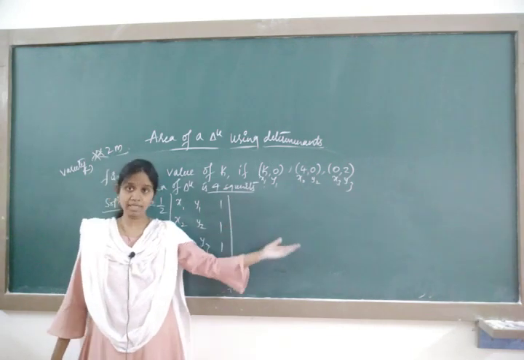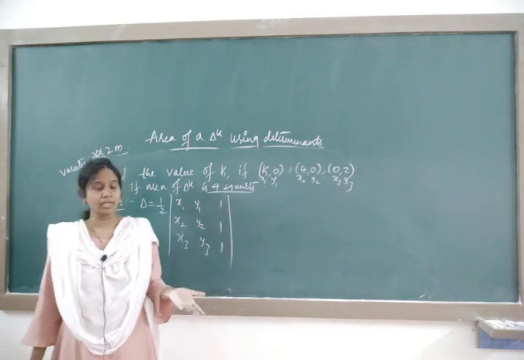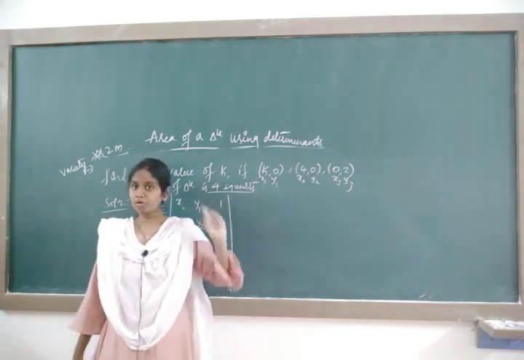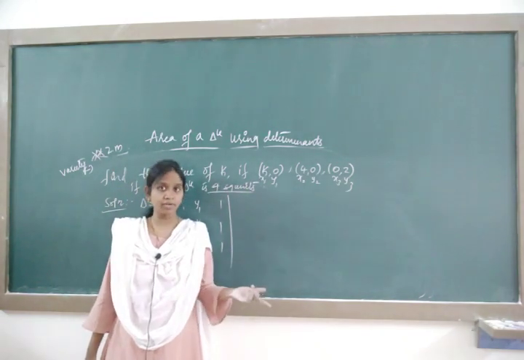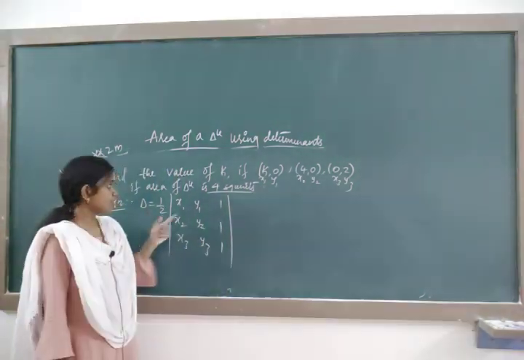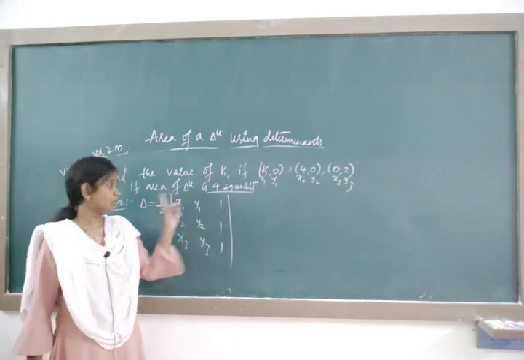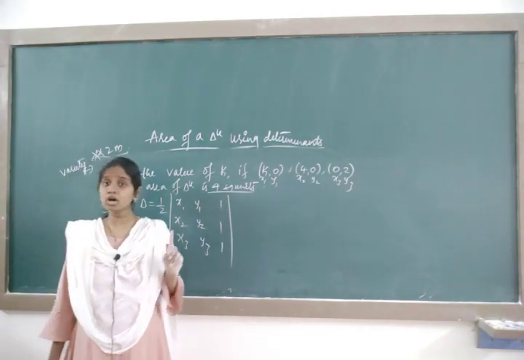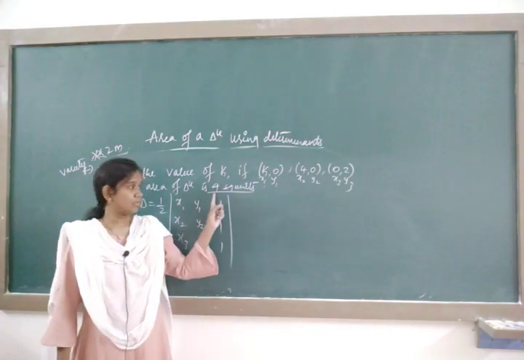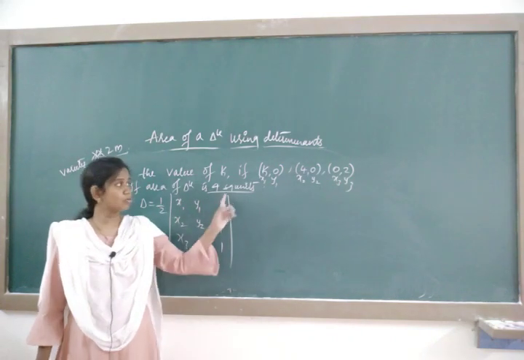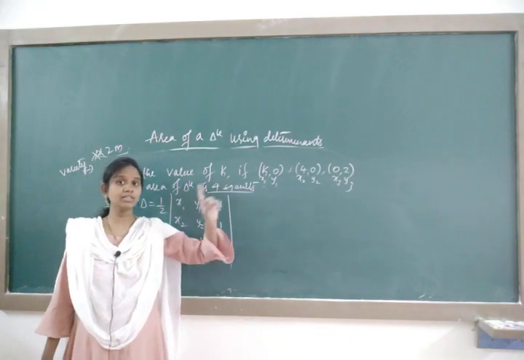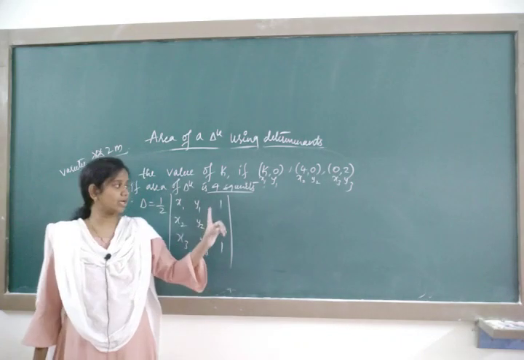It means it lies in the second quadrant or fourth quadrant. It means the k value may be positive or negative. Because of that, whatever the 4 square units they have given, you have to treat that as plus or minus 4. Even though area is positive, to find the value of k, where k is a vertex, it may be positive or negative.